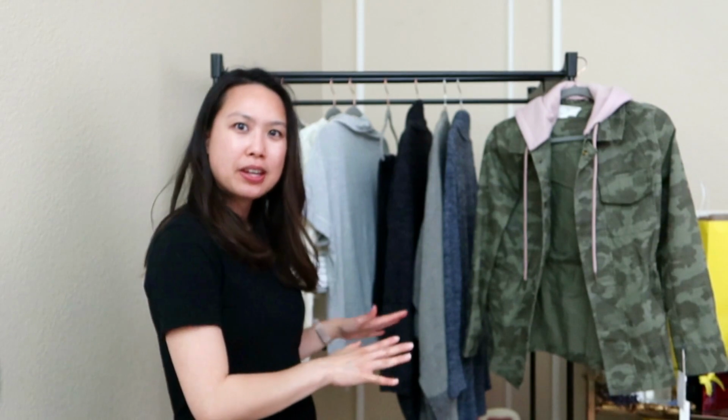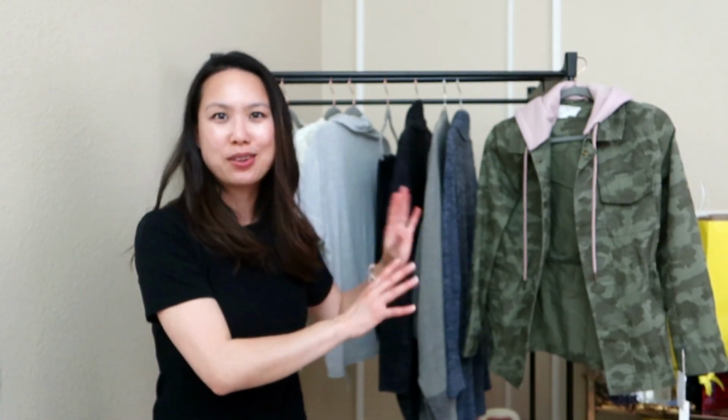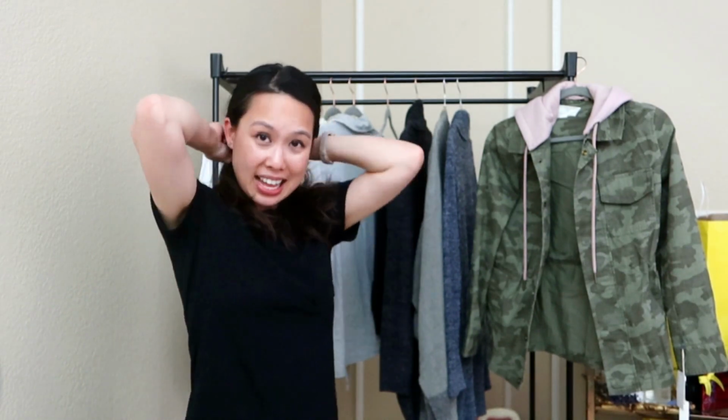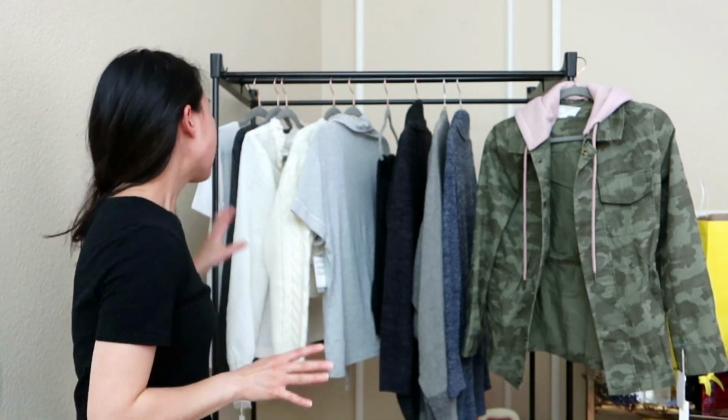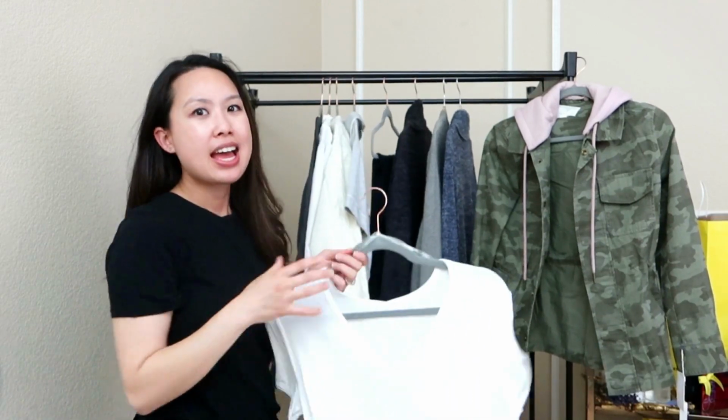So all right, a little change of scenery because now I'm going to bring you to this clothing rack. Earlier things were laid out, so that's why I did it over there. But let's look at what I have here. Continuing with the tops, I have a t-shirt here. This one is by the brand All in Favor. I have a dress from them, I think